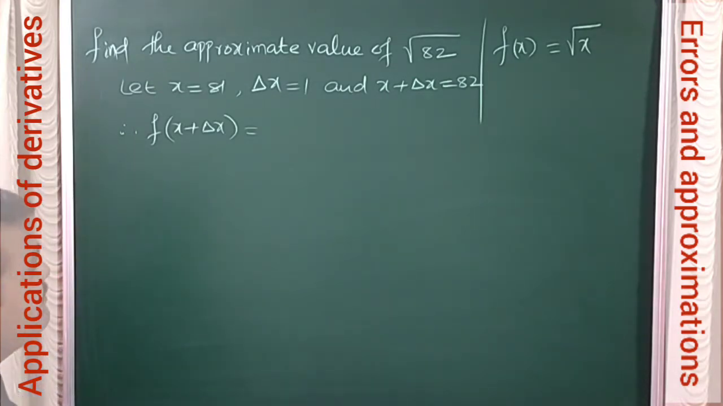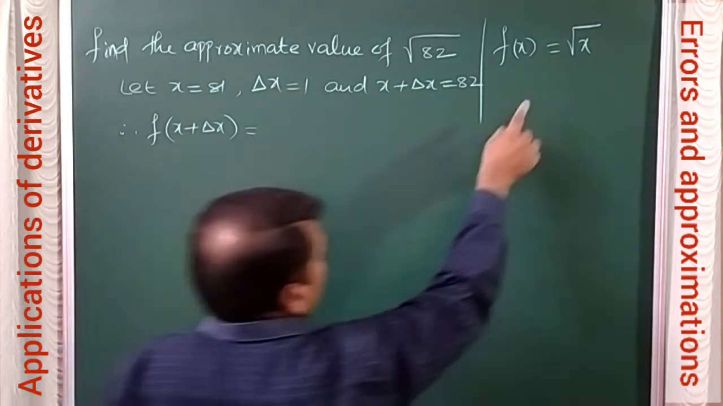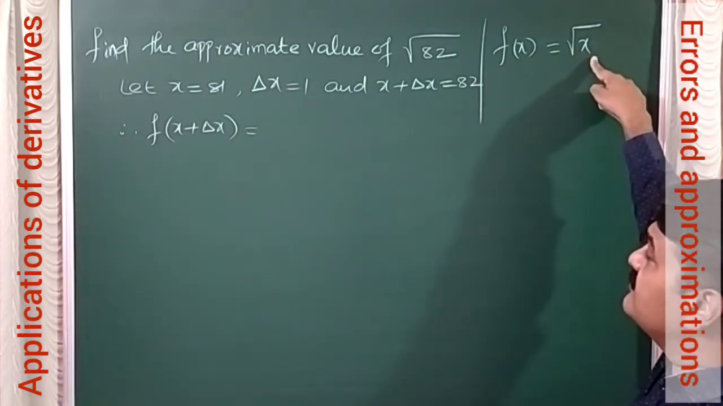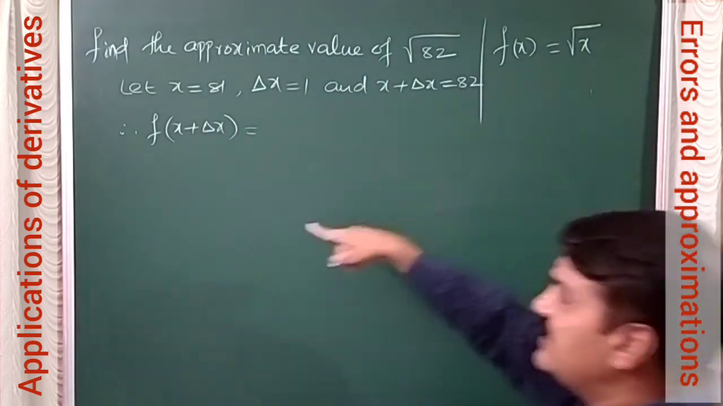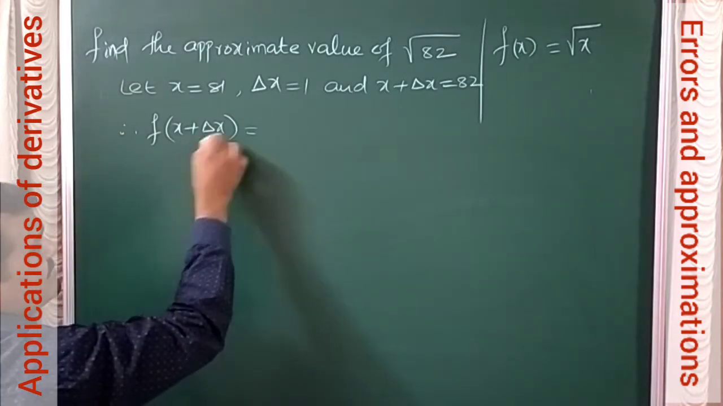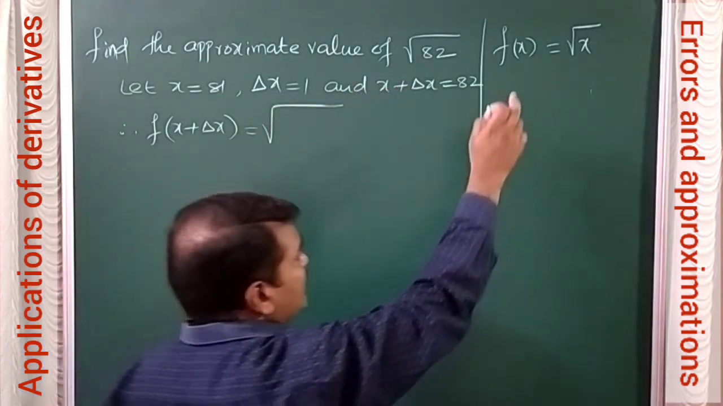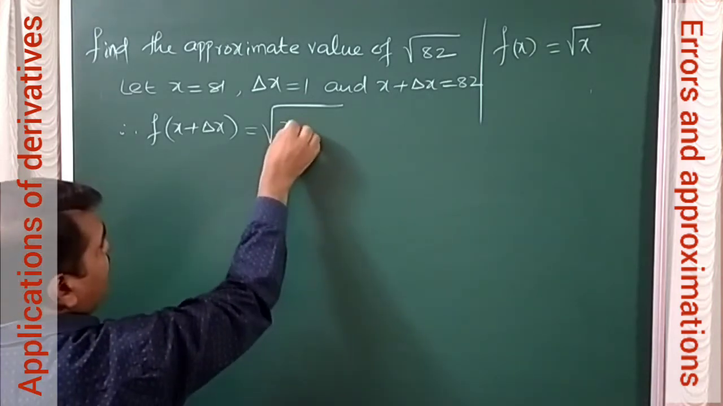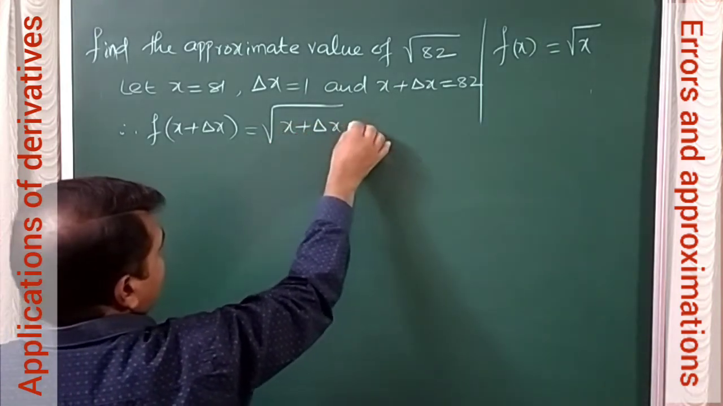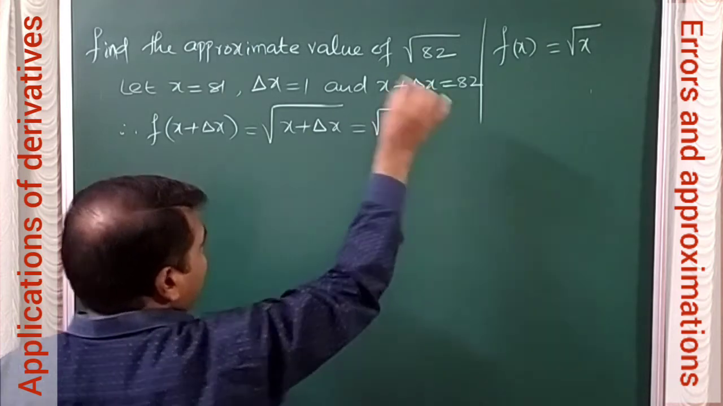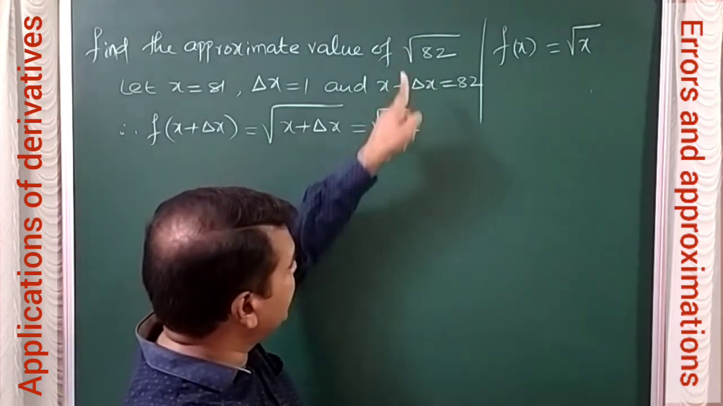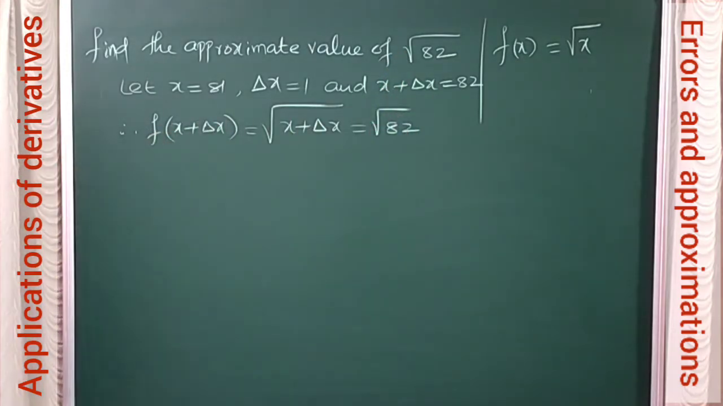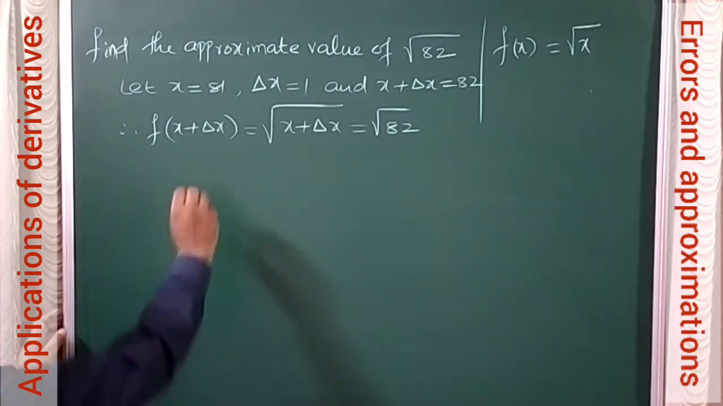Okay, so f of x plus delta x becomes, f of x is root x, no? So what is f of x plus delta x? Use this function, instead of x write x plus delta x. So f of x plus delta x means using this function, square root of x plus delta x. That means square root of 82. So square root of 82, which we have to find now, is actually f of x plus delta x. So f of x plus delta x we have to find, and we know that